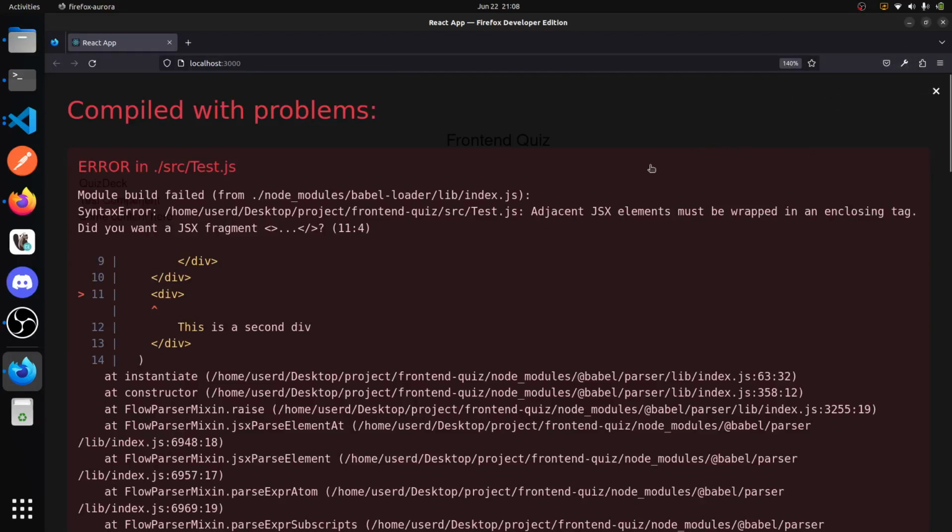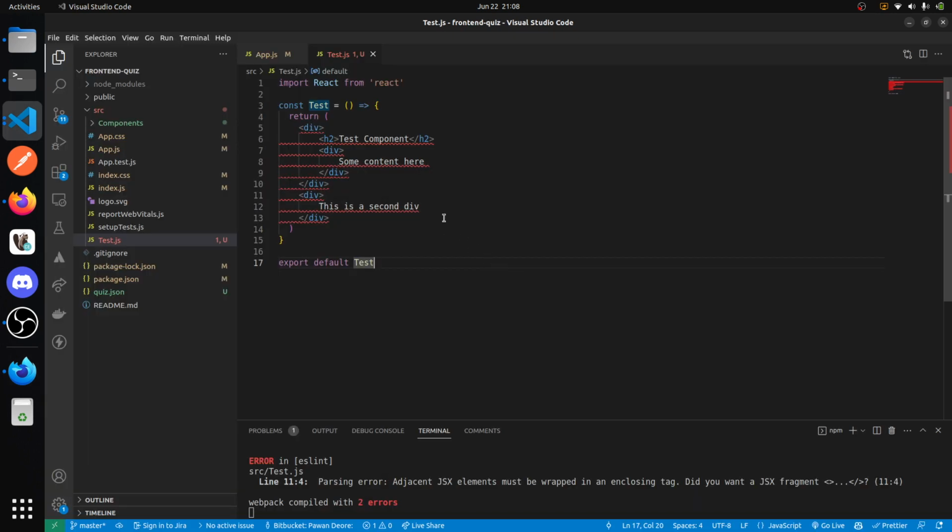Hello everyone. So today we are going to look at this error: adjacent JSX elements must be wrapped in an enclosing tag. This error occurs when you try to return two elements in a single component at a parent